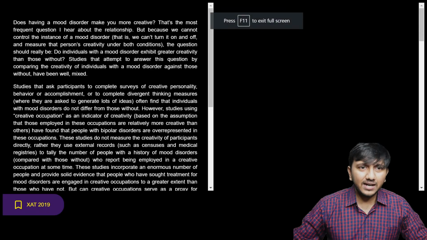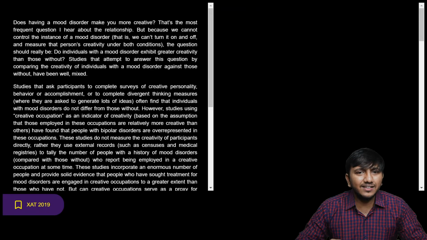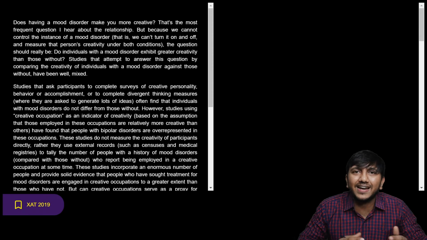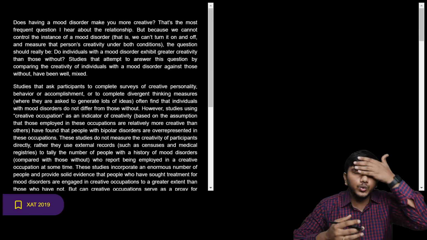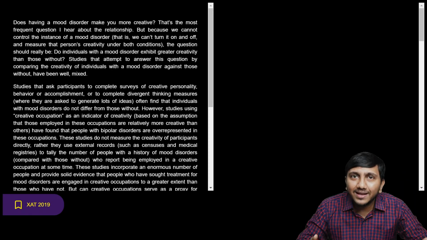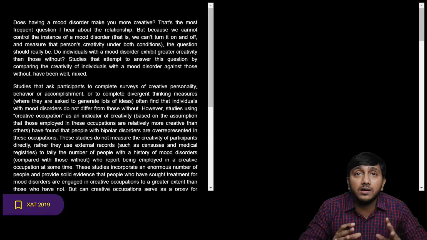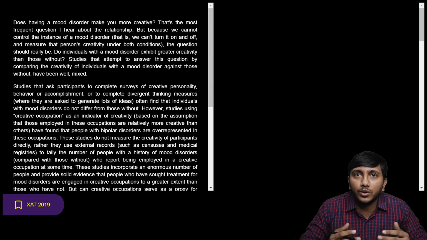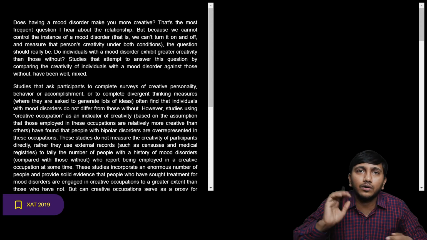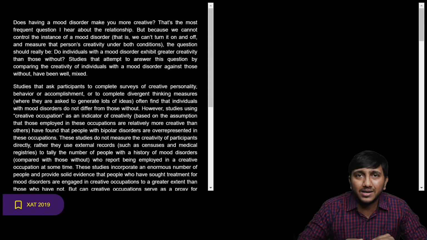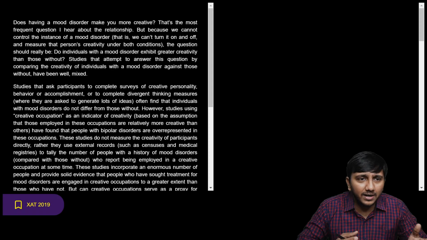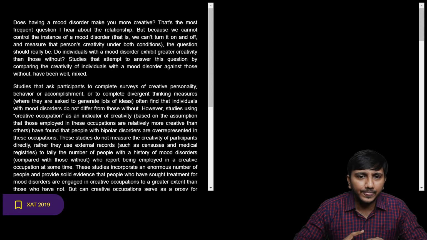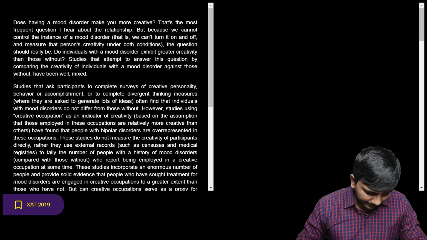Okay, so this is the second RC for today's discussion. As usual, first we will read together. I'm going to read it. I'm probably going to speak out what goes in my mind when I read that, what I anticipate, what I think about the reasoning and so on. Because active reading is extremely important. How you read will have a direct impact on how quickly and how well you're able to answer the questions. So we are basically going to do the common reading, and then for questions, we will go to the quiz. Okay, so let's give this one a reading.